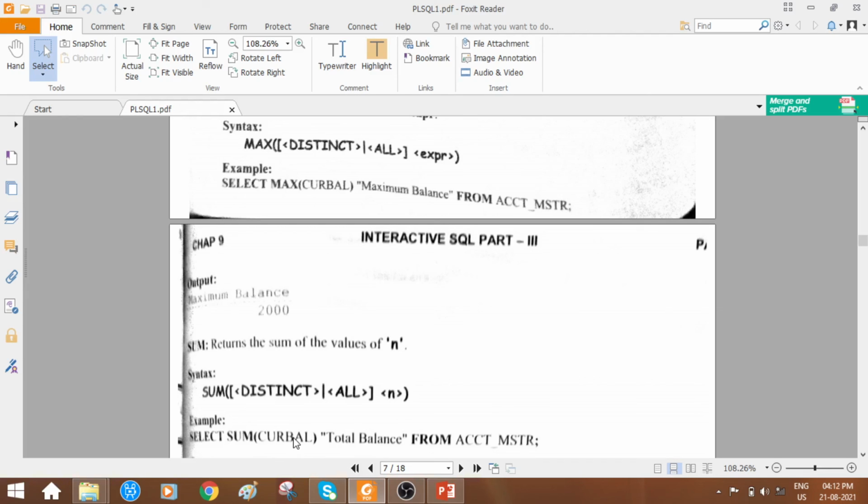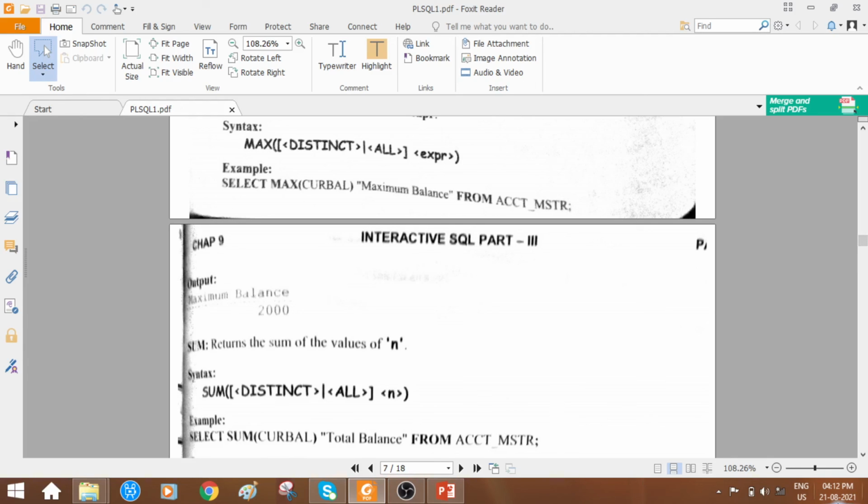For which column do you want to do the summation? Select sum. Current balance is the column you want to sum. What column heading are we choosing? Total balance, right? Yes, in the output we want the heading as total balance. From which table? From account master. So select sum of the column current balance from the account master table.